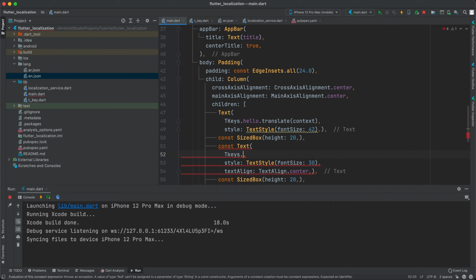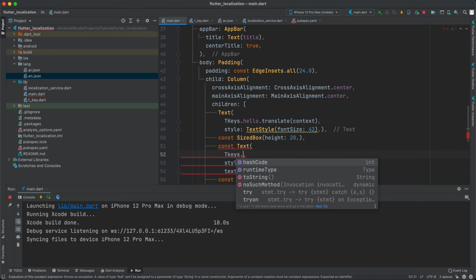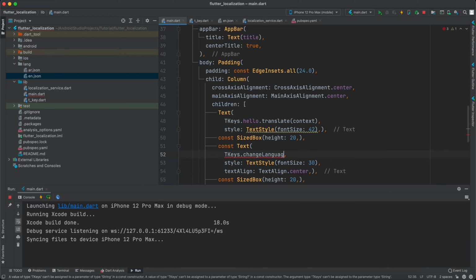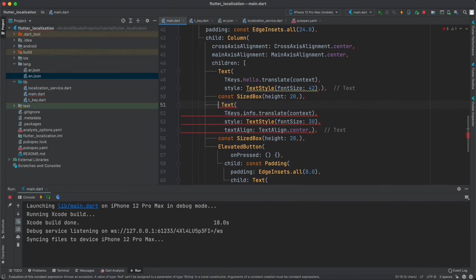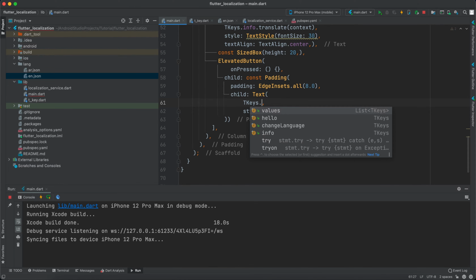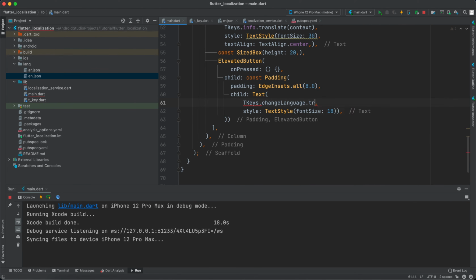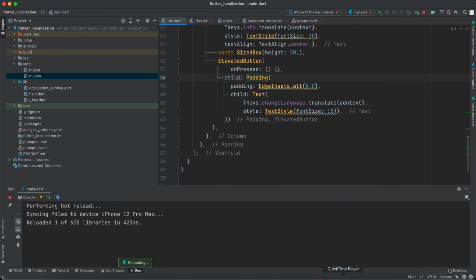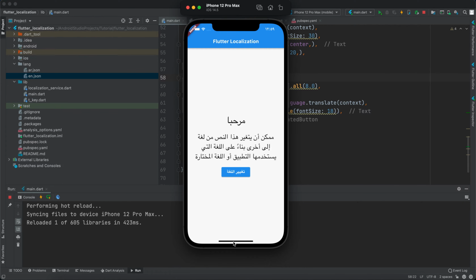So t keys dot change lang or info dot translate with the context, and remove the const from here, and same to here, t keys dot change language dot translate, and remove the const from here as well. Now if we save it, everything will be in Arabic, and if we go to the settings,